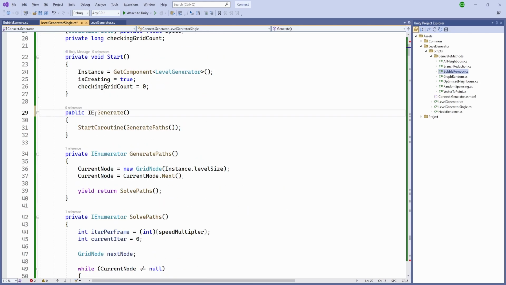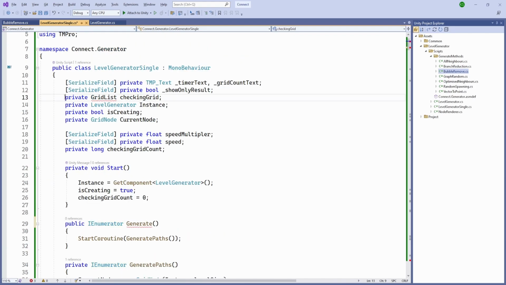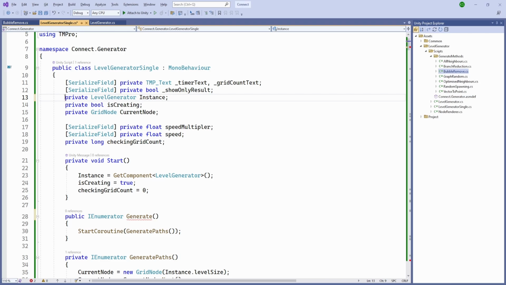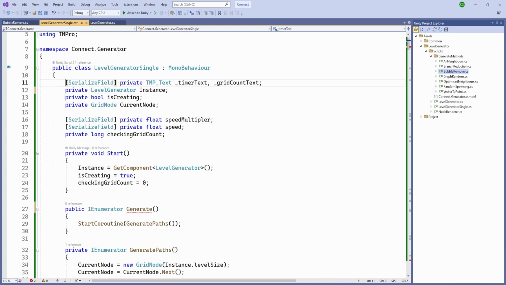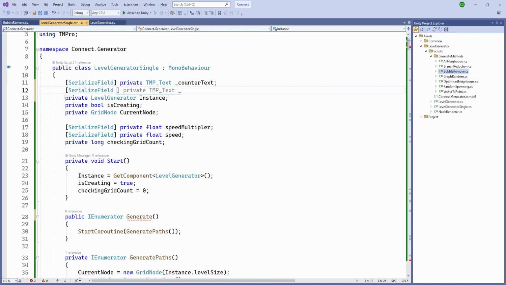Our generate is going to be an enumerator, and here we are going to need different nodes. So let's remove the timer text. We are going to have a timer grid count text, and let's just call it counter text, and a private int. Do we need the speed as a serialized field? Yeah, let's have a private int for our speed,